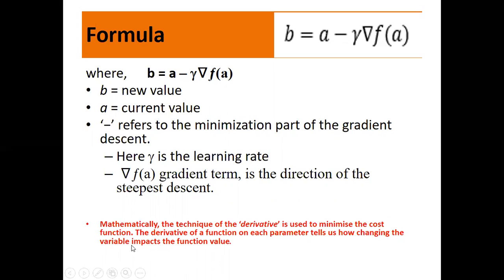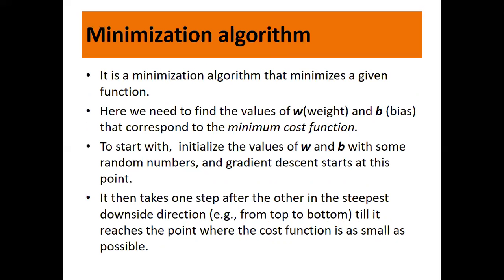But at least one thing you should know is that mathematically, the technique of the derivative is used to minimize the cost function. The derivative of a function on each parameter tells us how changing the variable impacts the function value. So here our parameters are nothing but weight and the bias. The concept will be clear only if you have gone through my previous video lecture on neural networks. Okay, the main objective here is